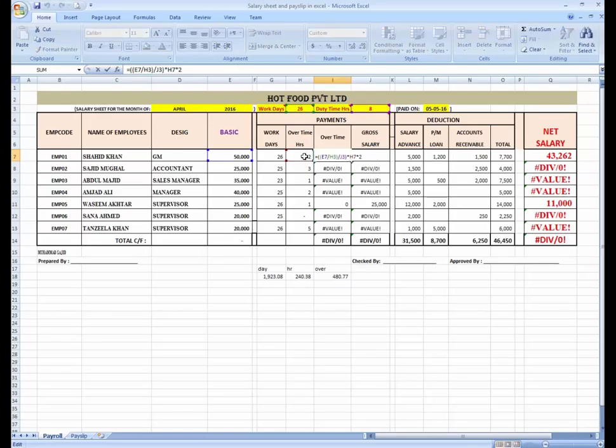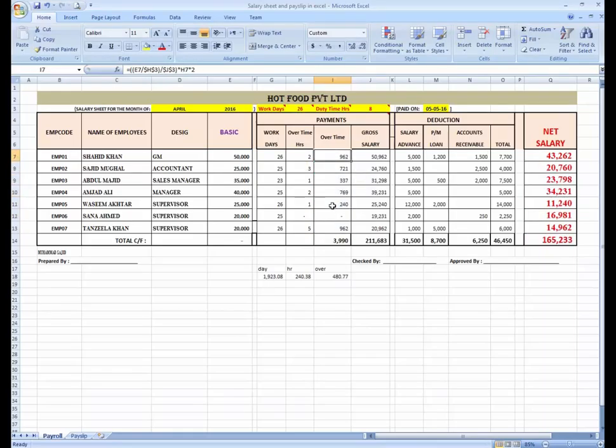The formula is not working because we have not fixed these cells. Select this one and press F4, and again J3, press F4, fix this one, and again Control D. Now you can see over here we have calculated the overtime, and we have to change this formula from gross salary.